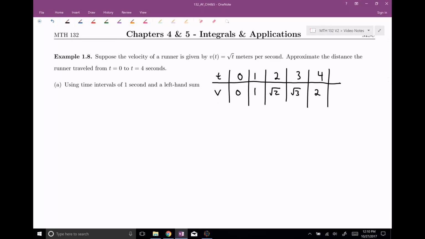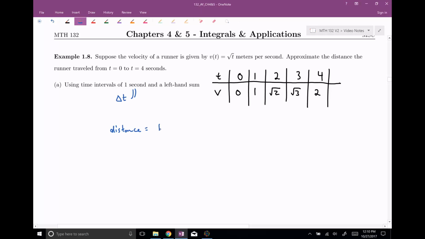So using time intervals of 1 second and a left-hand sum. So 1 second, that's going to be our delta x, or really, I guess, our delta t in this case, right? That's our time intervals, and that's how we split this up. And so, okay, the total distance traveled, so if I want distance maybe, this is going to be equal to,